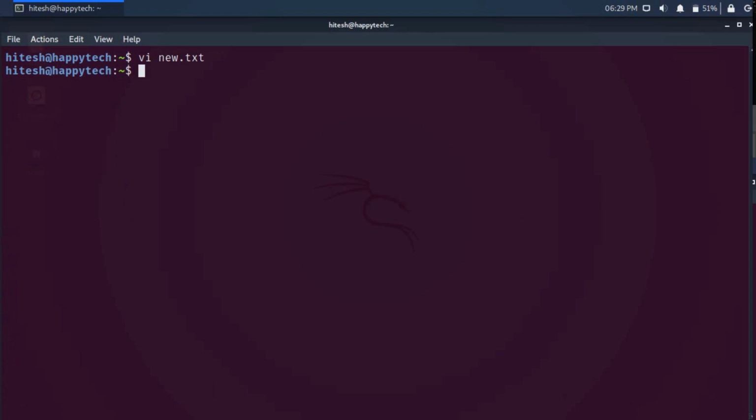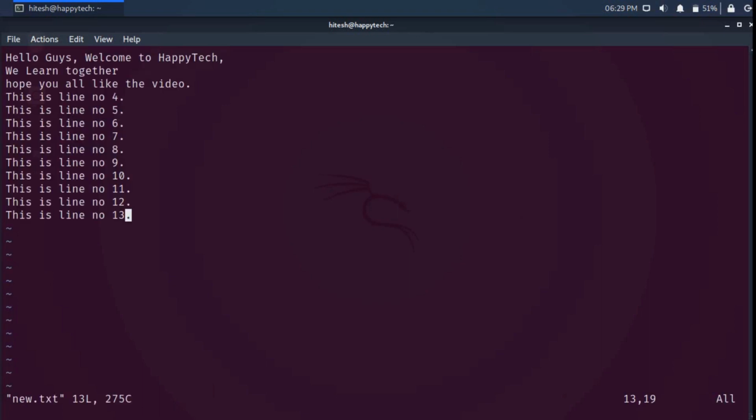Now we have quit from the file. We can do this by combining the wq command. So let me show it to you. We can do this by escape :w and q. So it will write and then quit.